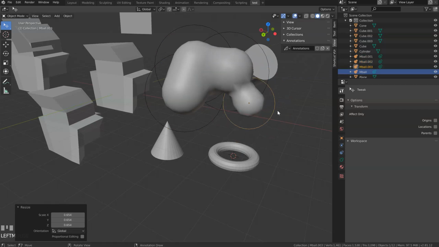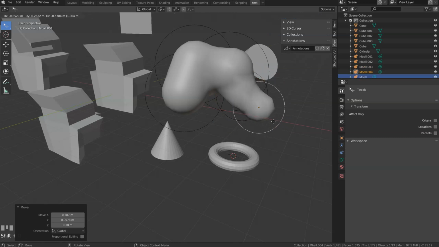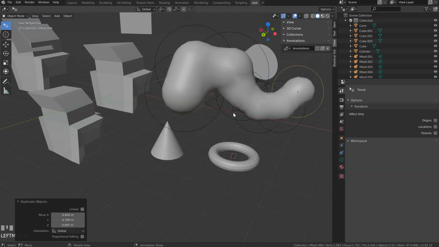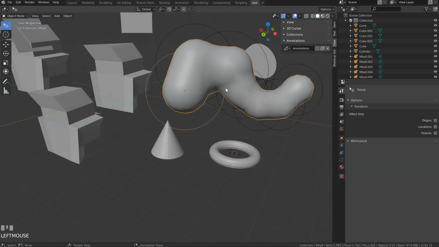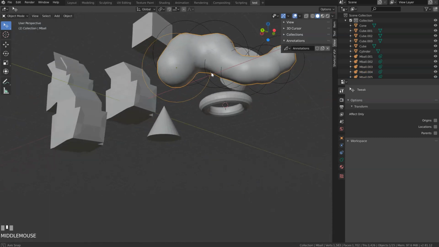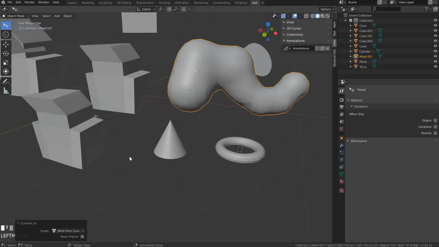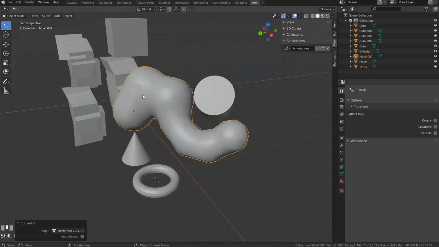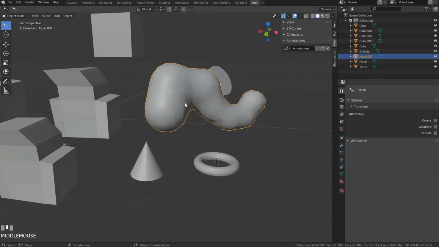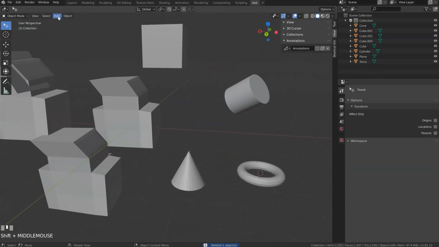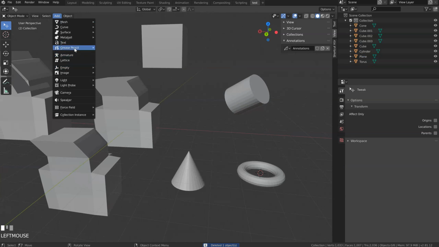You can scale it up, and you can make Shift D to duplicate, like that. And you can make something like that. And if you select the first one, this is the result. You can come here, convert to mesh, and boom, now this is a mesh, this is one object. Let's remove it. You have the text, grease pencil to draw grease pencils.